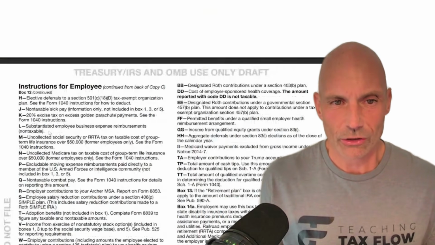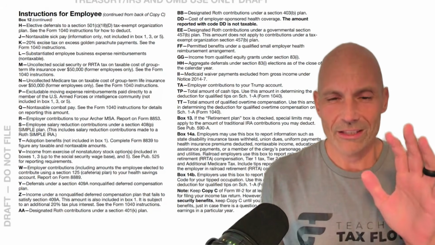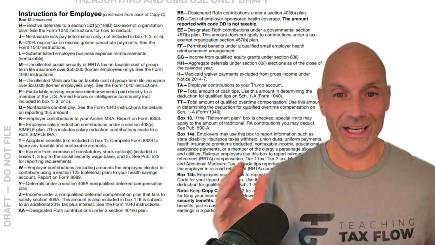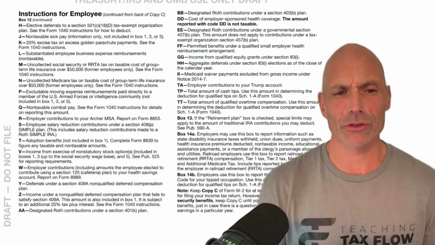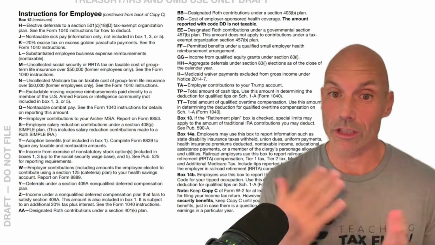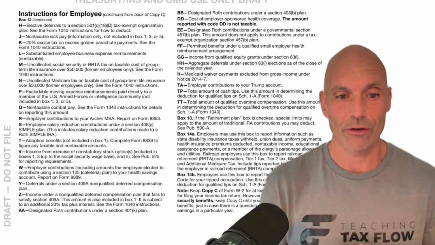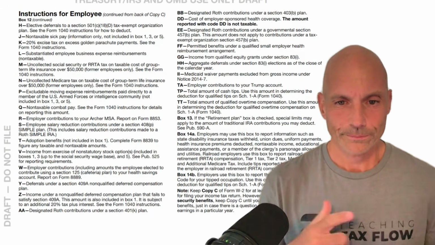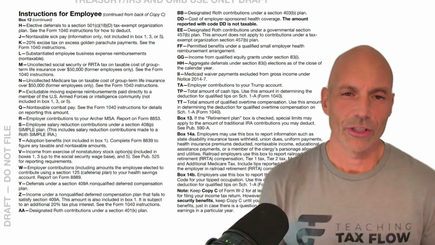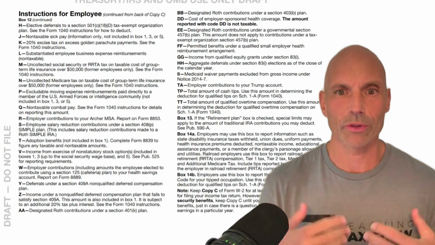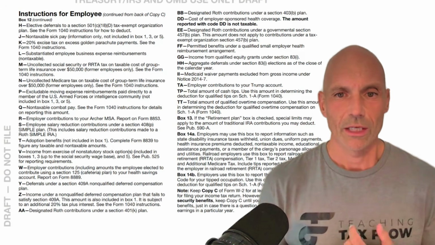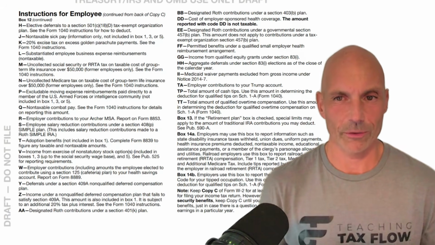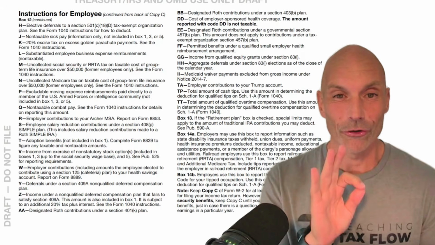So the instructions show you here that these are all the different types of codes that could be in that box 12. Many of them are already commonly used that you might be familiar with. Probably the most popular are going to be your retirement plan contributions, which are, let's say, AA for a Roth contribution, or contributions to a Section 125 plan. So you're going pre-tax with your health insurance and that sort of stuff. Code DD, the cost of employer-sponsored health coverage, is another very popular thing that's going to be shown. But let me talk through the 3 new